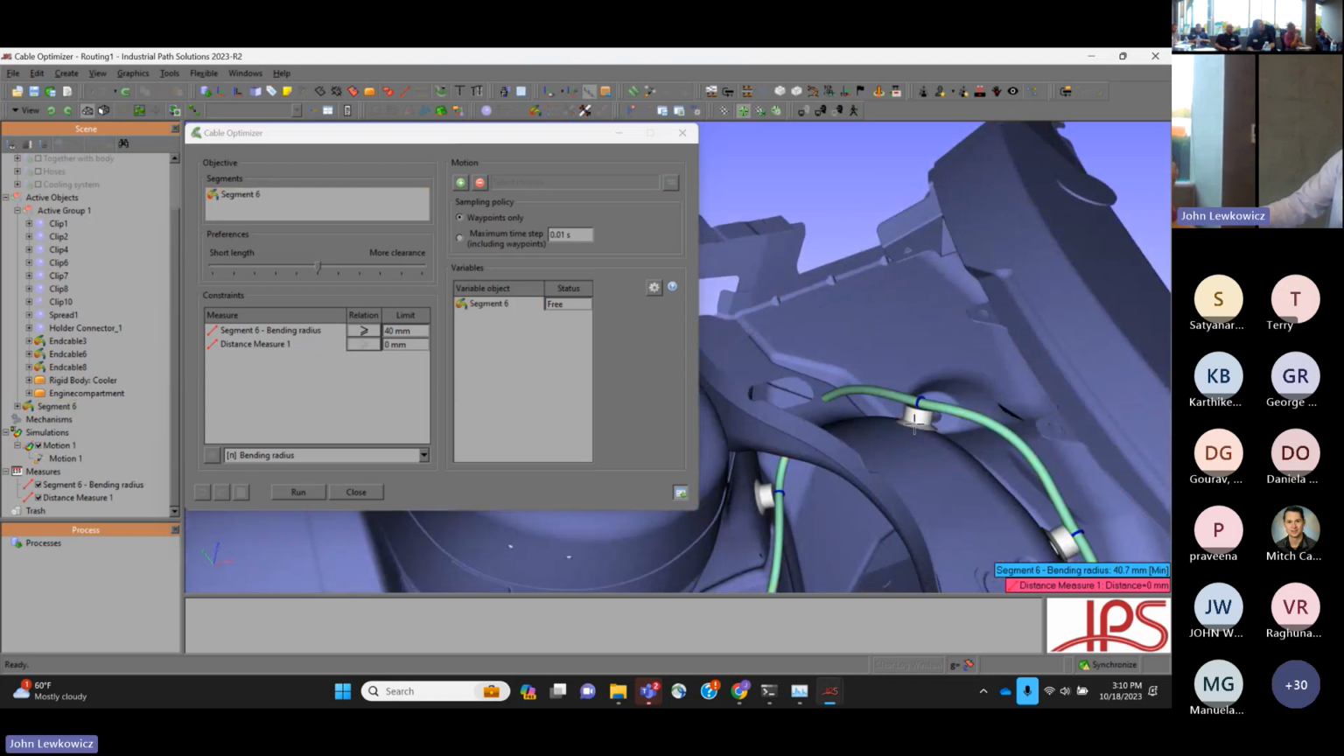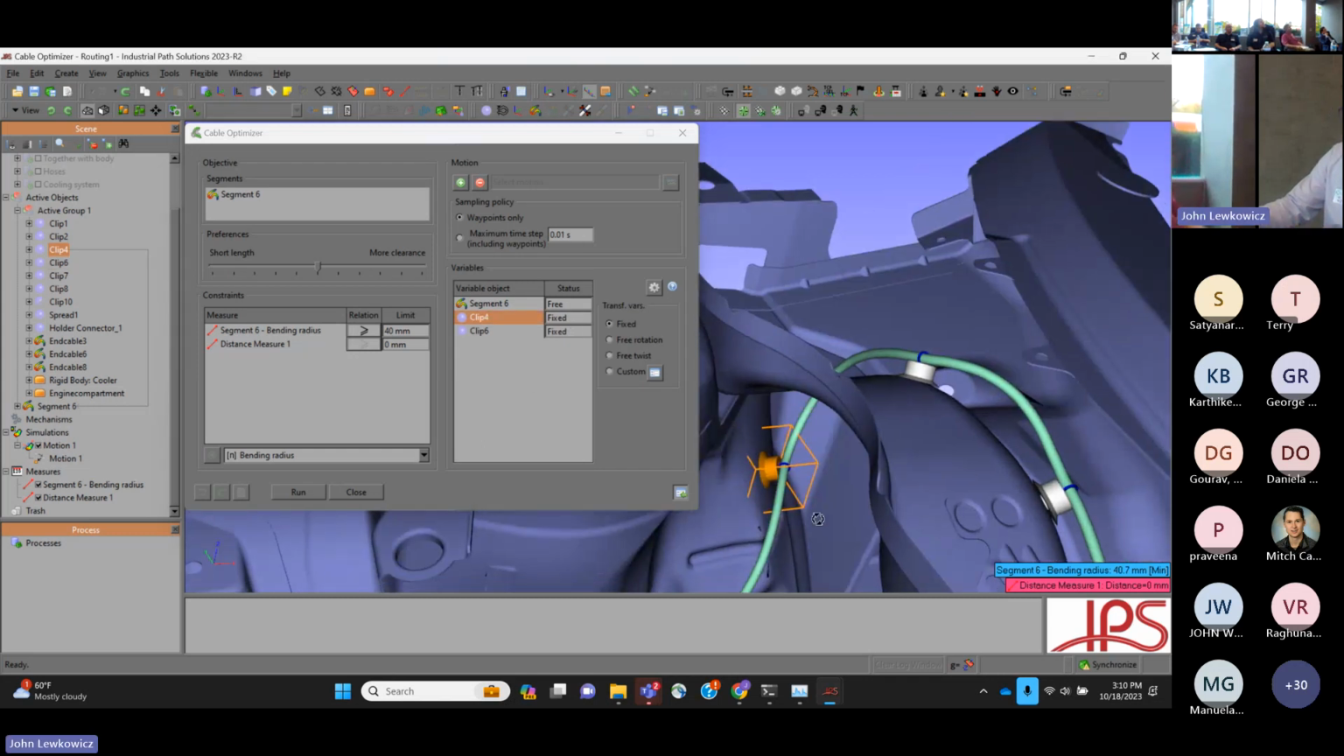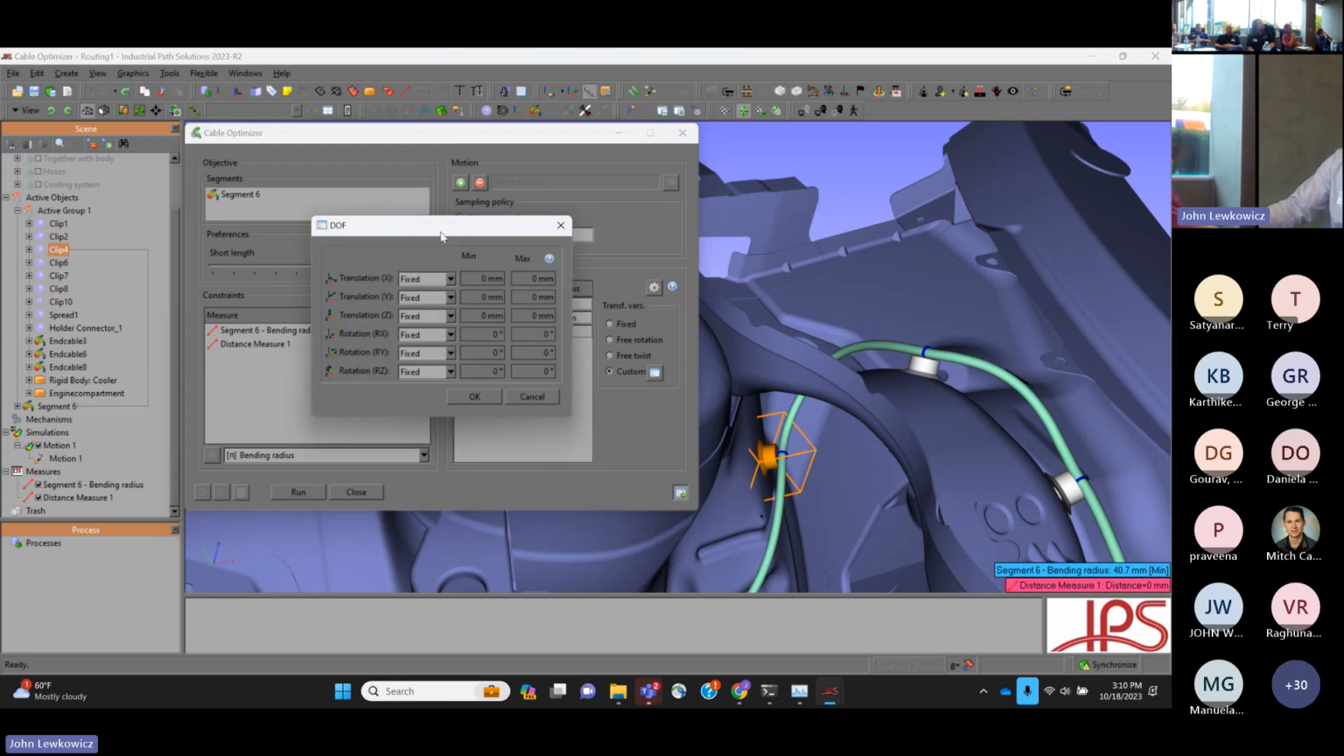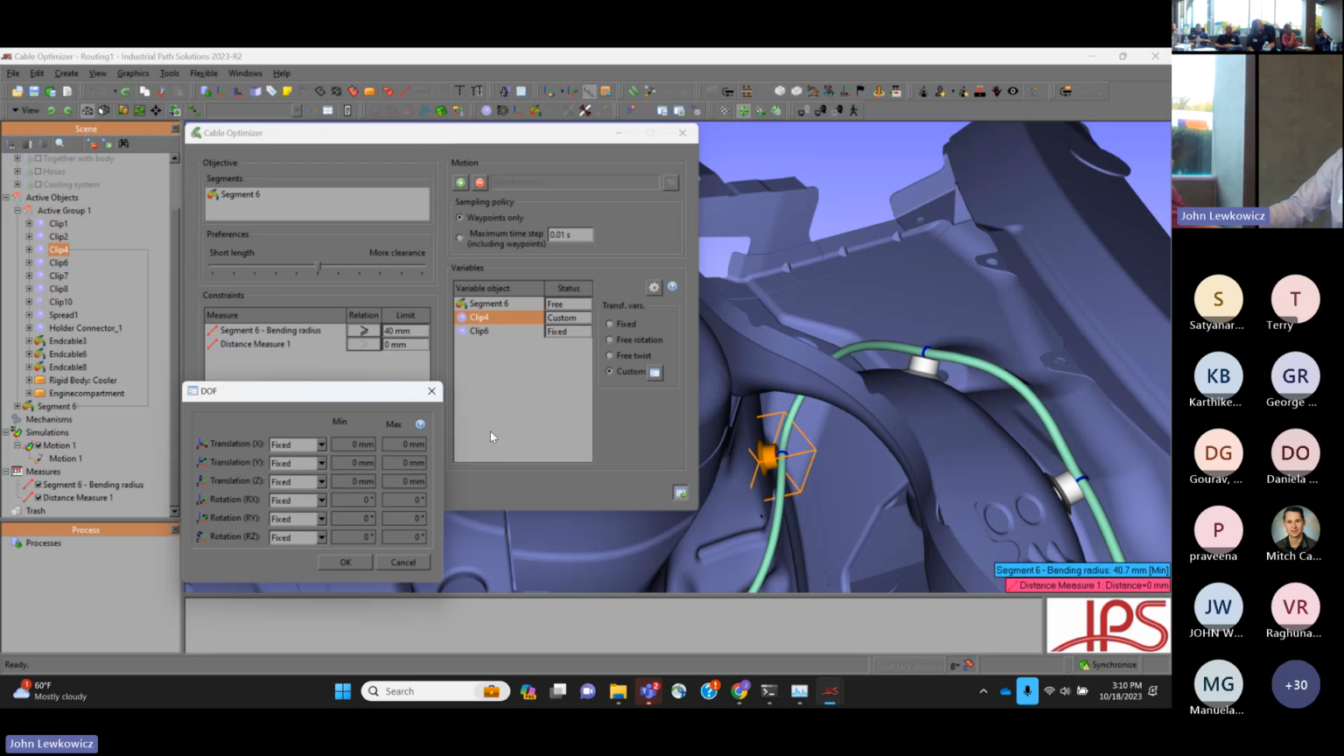But the other thing I can play around with in this design is potentially the position or orientation of some of these clips. So you can add these into the dialog as well as variables. And then we have some options here where we can tell the software how we want it to change these fixations in order to find this optimized design. By default, they're fixed. We can allow them to freely rotate, which is basically just about their z-axis, or freely twist in all directions. Or I can check this custom box down here and define some custom